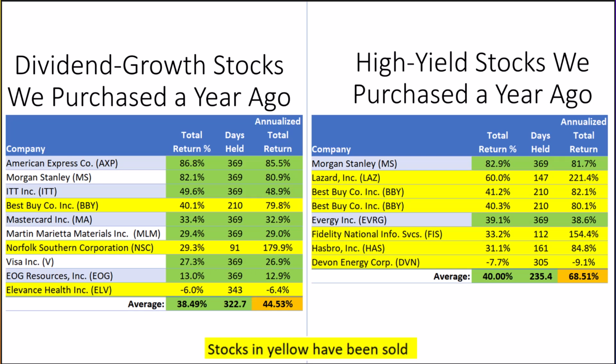American Express has been the best performer so far with an 86.8% return in a year. The average return of the 10 dividend growth stocks we bought a year ago is 38.49%, with 3 stocks being sold and therefore held less than a year. The annualized return of all 10 is 44.53%. On the right side of the